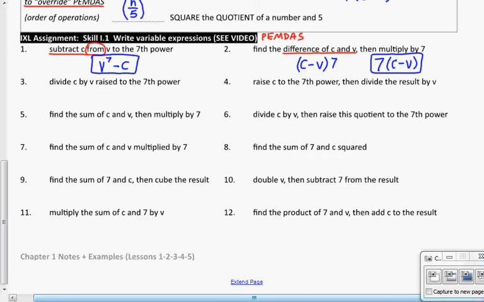Number 3, divide C by V raised to the 7th power. We're going to divide C by V to the 7th power. There we go. Letter number 4, raise C to the 7th power, then divide the result